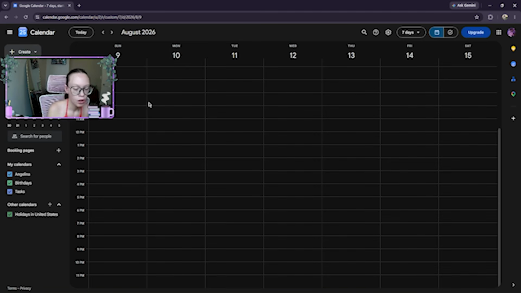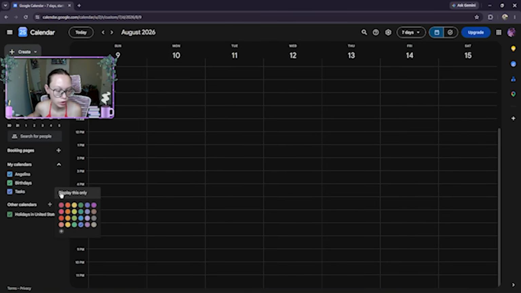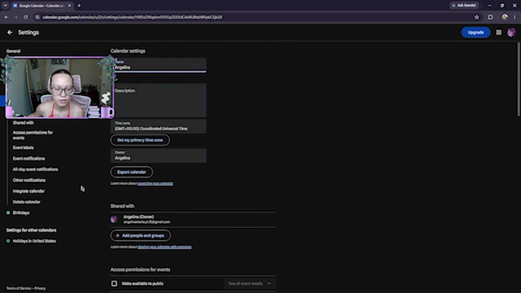So, the first thing I'm gonna do is go over to my calendars over here, and I am going to go here. No, not there. Here. It's gonna be the first one. This is tasks, so it's not gonna have the same setting because it's through a different app. I'm gonna go here, click the 3 dots, settings and sharing, and then,